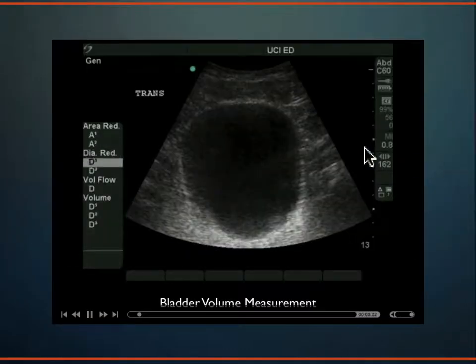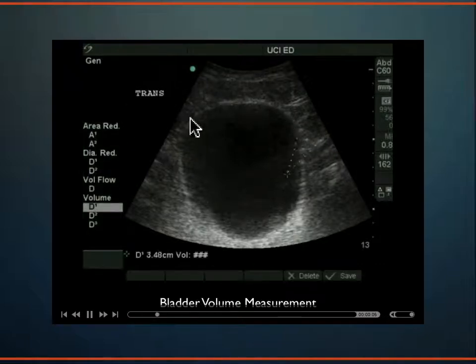This is how we measure the bladder. This is a transverse plane of the bladder. It looks really kind of squared off here. It's pretty full. They're going to measure first the height of the bladder in this transverse plane. From here to here is the height. And then eventually,